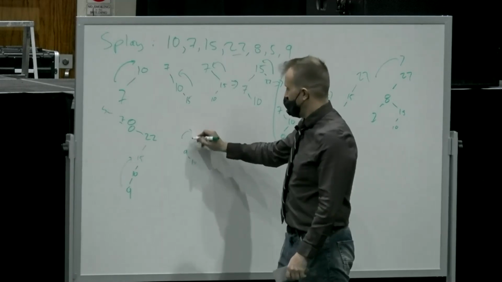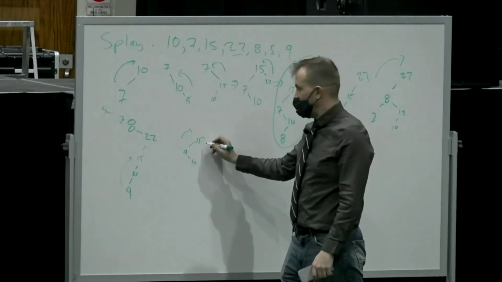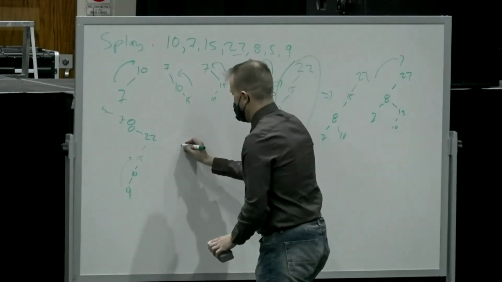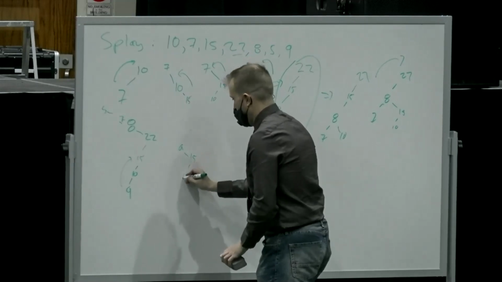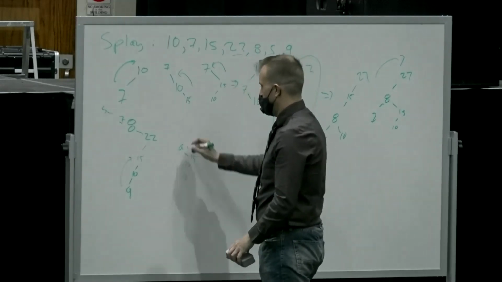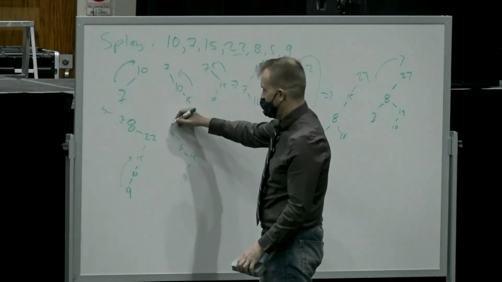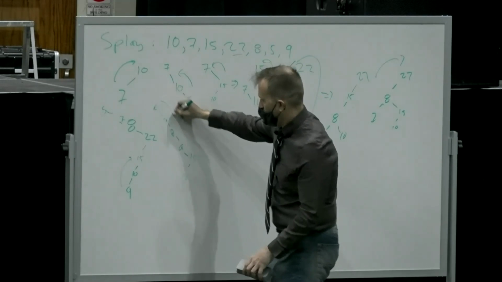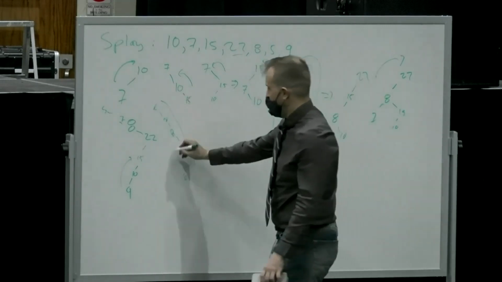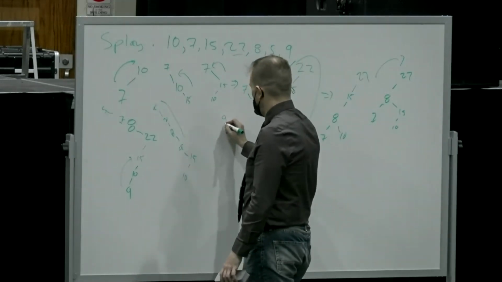And then if we move this up here, 15 is going to become the right child of 9. And 10 gets moved down here. And then 9 is currently the right child of 8. So we have this scenario where we have a bunch of zig-zigs. So 8's going to come down. And eventually,